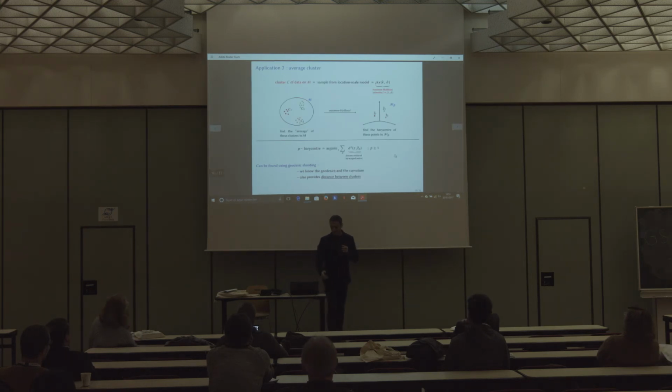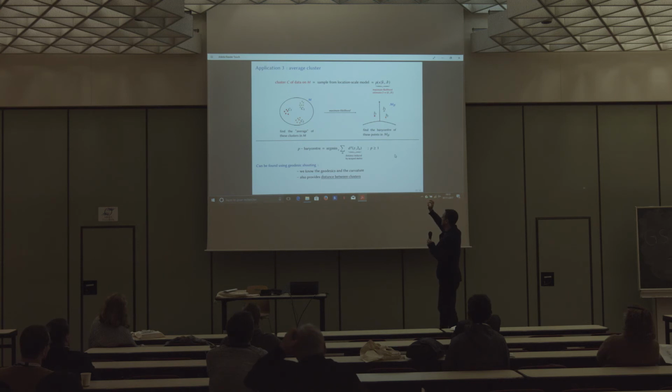The third application would be averaging of clusters. A cluster is a sample from a unimodal data population. If we have some clusters like here, we can map them through maximum likelihood estimation to points in the parameter space of our location-scale model. So if we ask the question, given several clusters, what is the average, most representative cluster? For instance, because we have too much data and we want to get rid of it. This amounts to finding a Riemannian p-barycenter in the warped product manifold M beta.